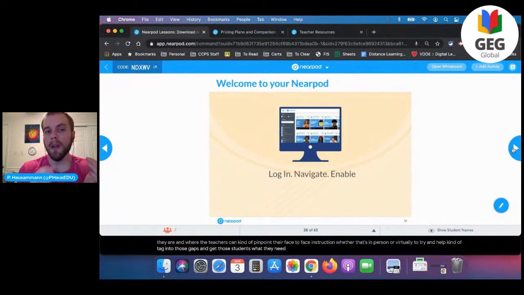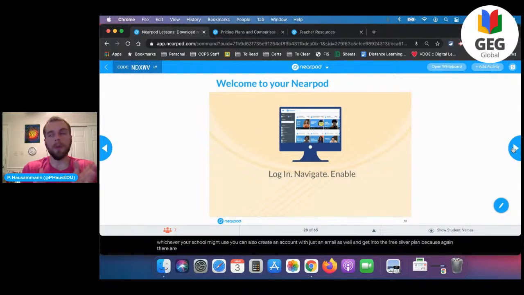Now, if you haven't before, this next part is going to have you actually get into Nearpod. You can create a free account on the fly if you've never been there before. You can log in with Google. You should be able to log in with Microsoft as well, so whichever your school might use. You can also create an account with just an email and get into the free silver plan, because